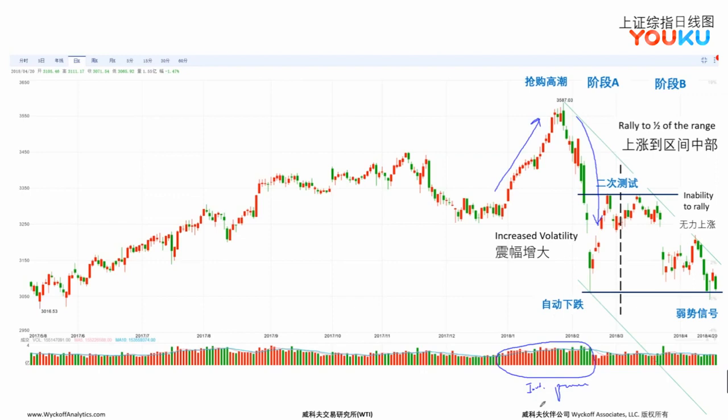So we're assuming that institutions are in the distribution mode at that period of time. And institutions are the entities that will usually have more information about the markets. They will be much better informed than a retail investor or trader. So therefore, they might sell in anticipation of something, for instance, tariff wars with the US. So this could be a way for them to hedge against that type of risk.